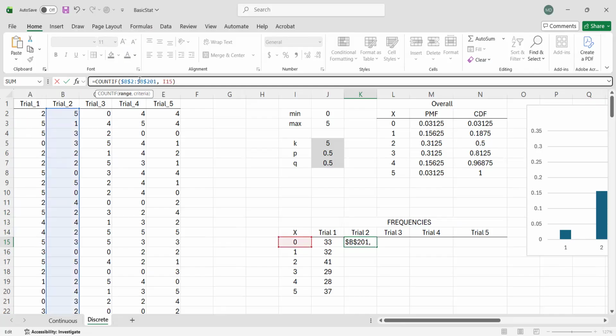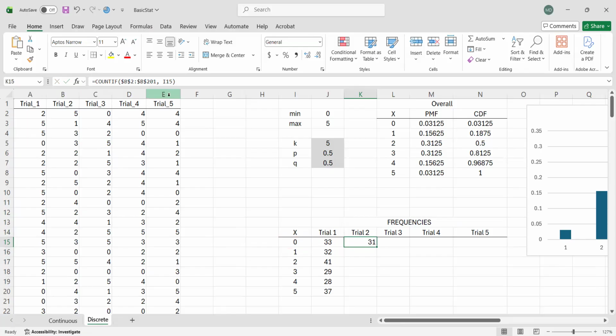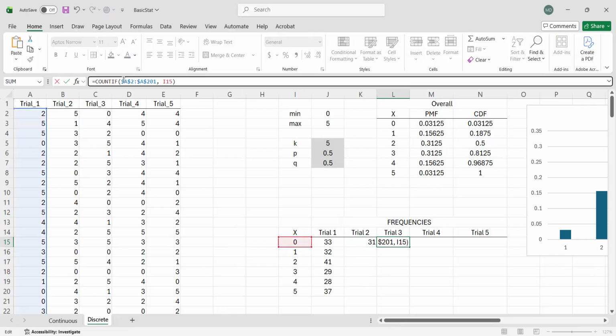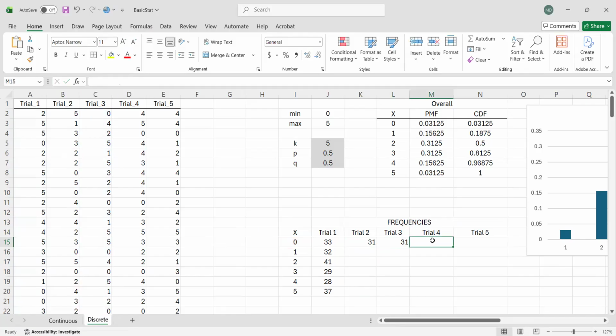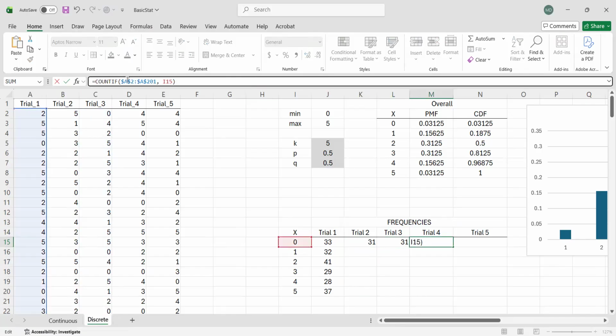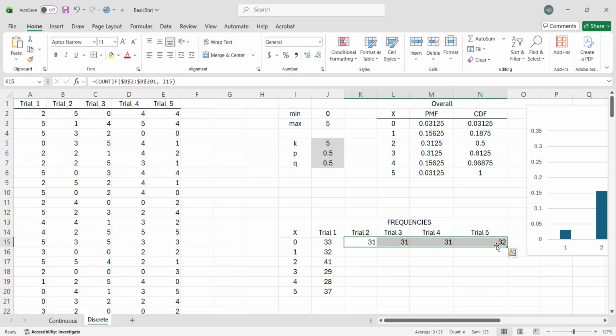Okay, that's good. For trial 3, we have column C. Oh, sorry for that. And for trial 4, we have column D, and trial 5, we have column E. As you can see, it's faster compared to manually doing this.